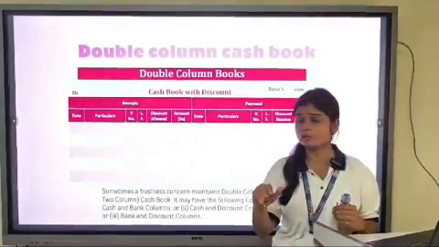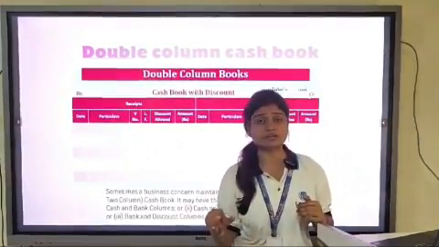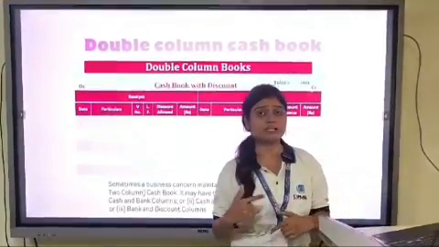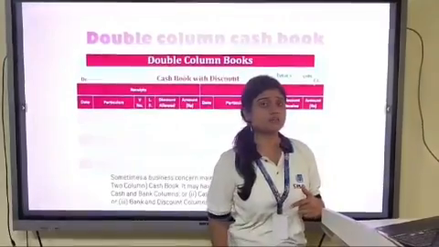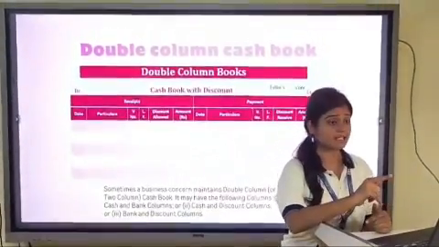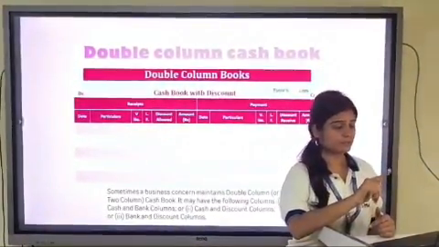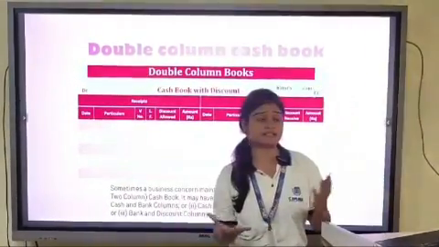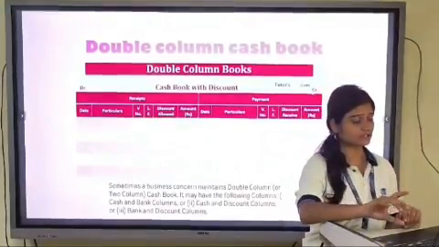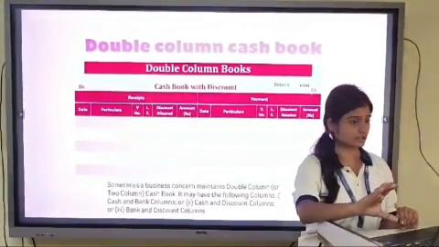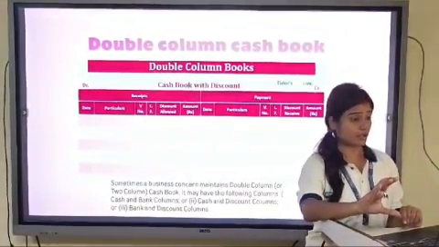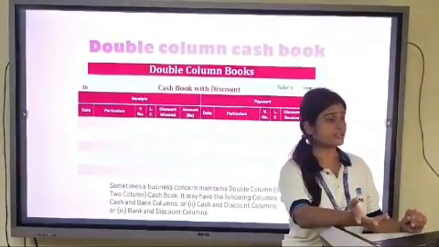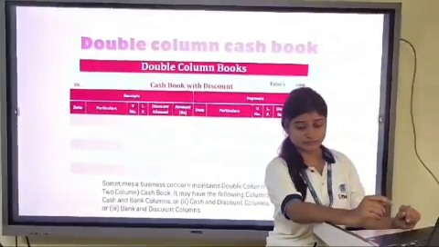If the opening balance of the bank is given, it should be shown on the debit side. But if the overdraft balance of the bank is given, then we start the opening balance by writing by balance b/d and put the amount on the bank side. So this is the format of the double column cash book. It generally consists of 12 columns. Generally one column must be added for discount or cash transactions.